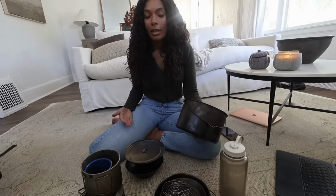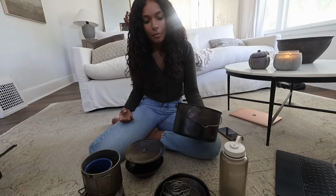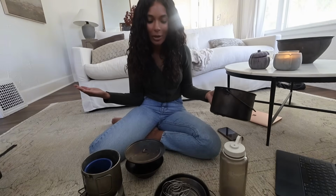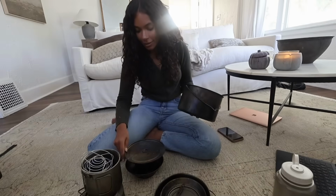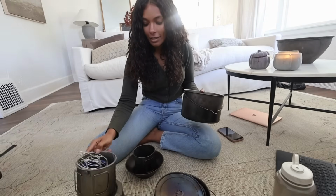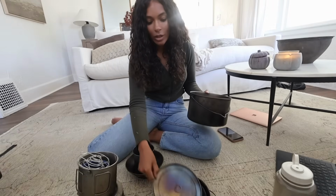I will dehydrate my own food and bring that with me, but yeah, it does require me to carry around a lot of stuff though. So a few of the items I have here: I've got my big pot, a medium-sized pot, and a small pot. And then I've also got my